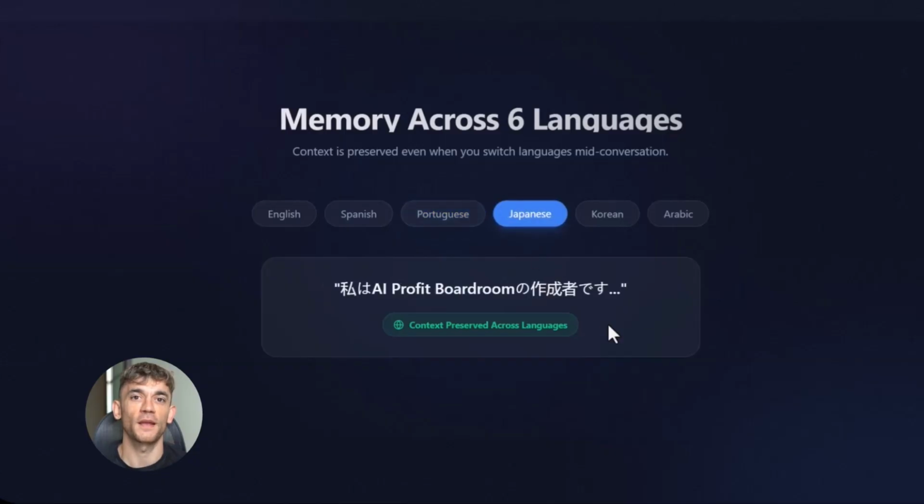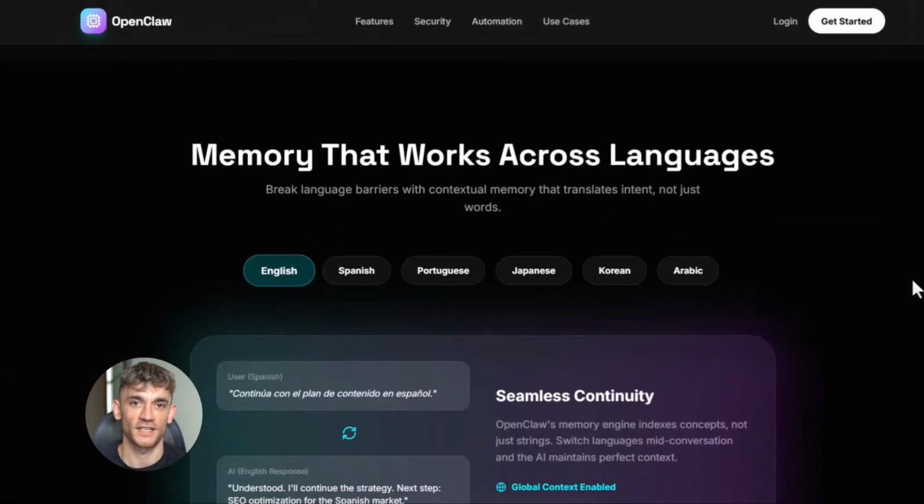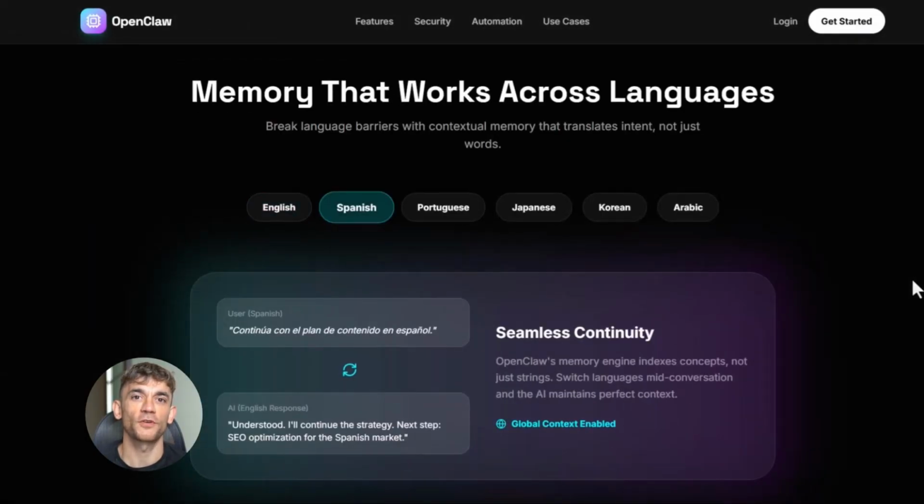That translates to, I'm the creator of AI Profit Boardroom. I want to create content to speak to my Spanish audience about how AI automation can save them time. OpenClaw remembers that. Next session in English, you can say, continue with the Spanish content plan, and it knows exactly what you mean. This is how you scale globally without hiring a team of translators or starting every AI conversation